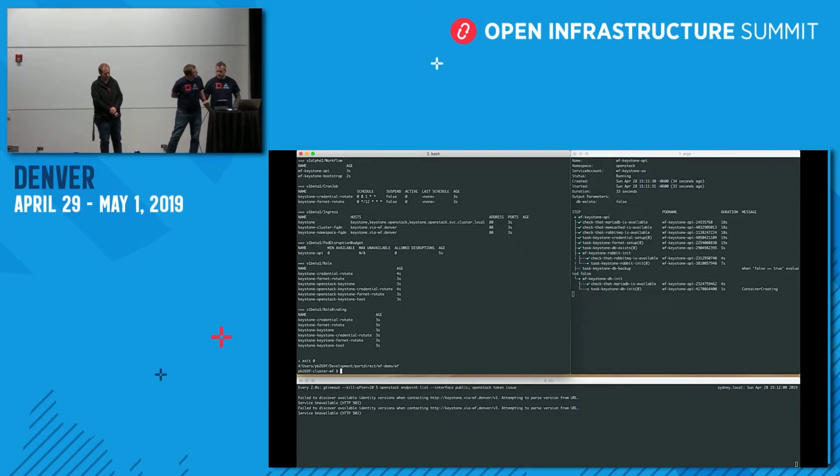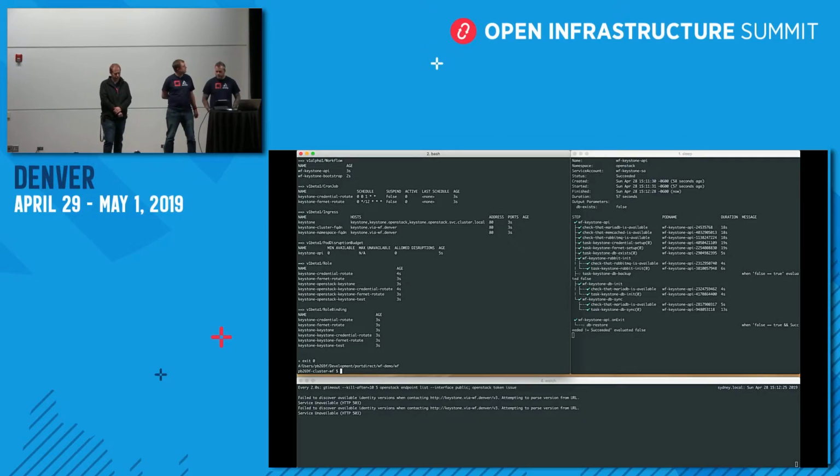You can see here as well that we've got an output parameter of db exists equals false, which will become relevant in a bit because we have no database to back up. And then it'll perform the same database sync or migrations to get us up and running. And in a minute or two, when that completes, we'll start being able to get tokens out of Keystone from this separate Kubernetes cluster.